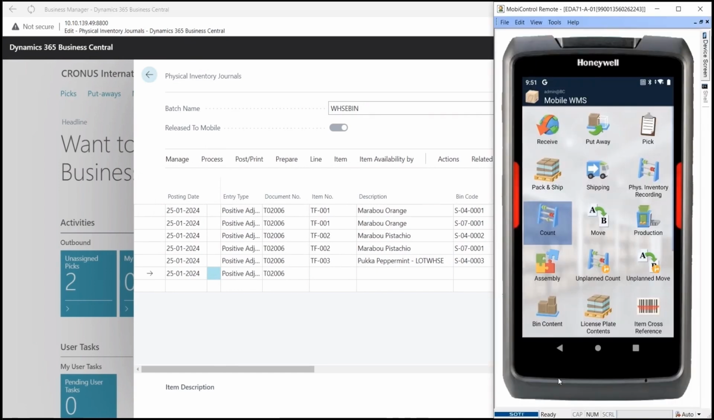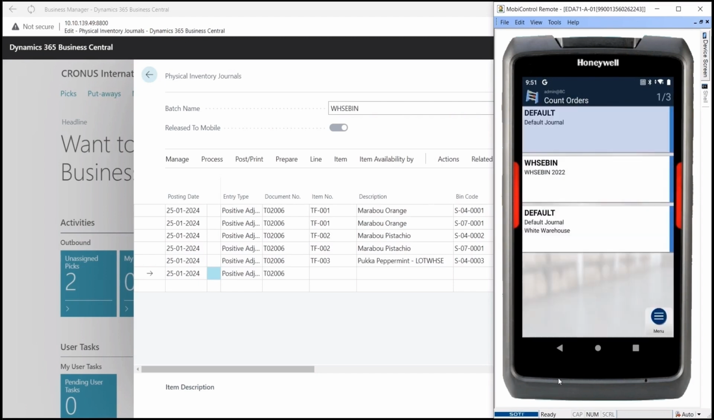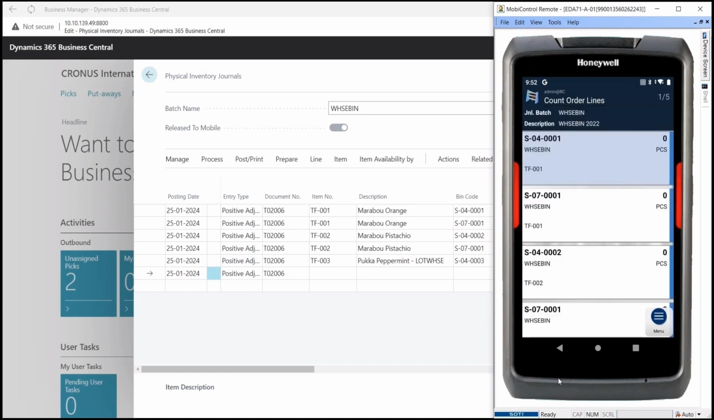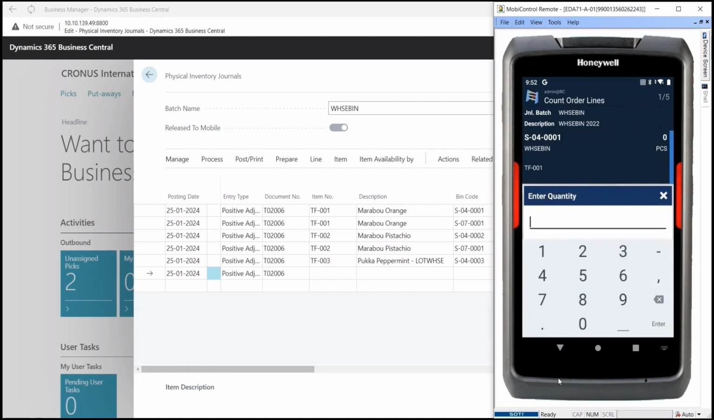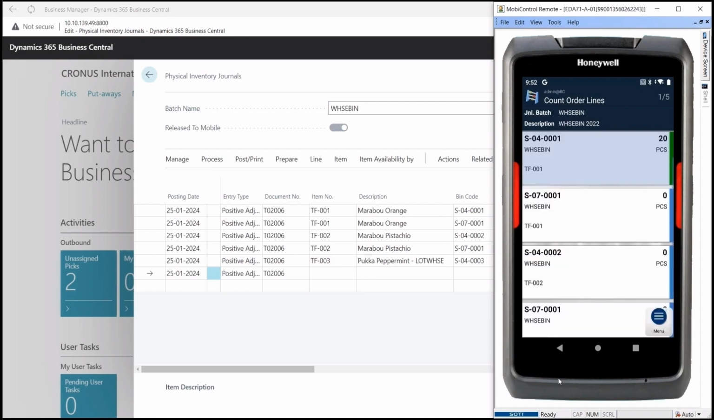And here from the main menu, I select the count function. And here you can see I have my batch available on the mobile device. I'll select it. And you can now see the exact same lines as here in Business Central. And then it's just to start from the top. I'll select the first line. I'll scan the bin and enter the quantity. I'll select 20. We'll select the next,